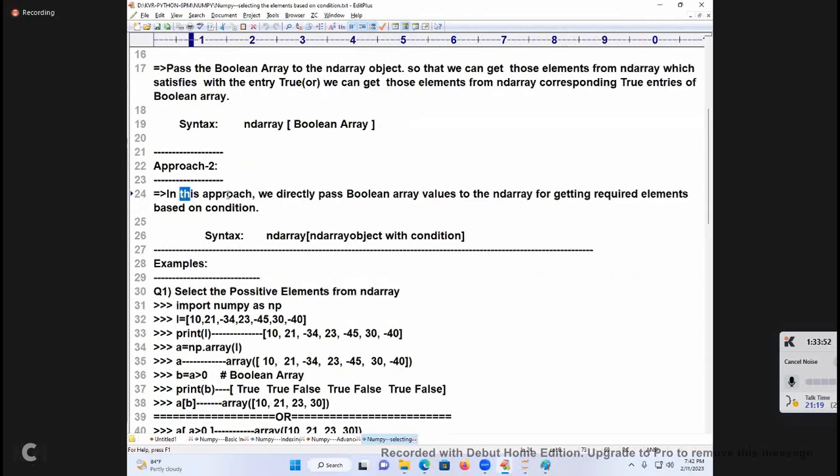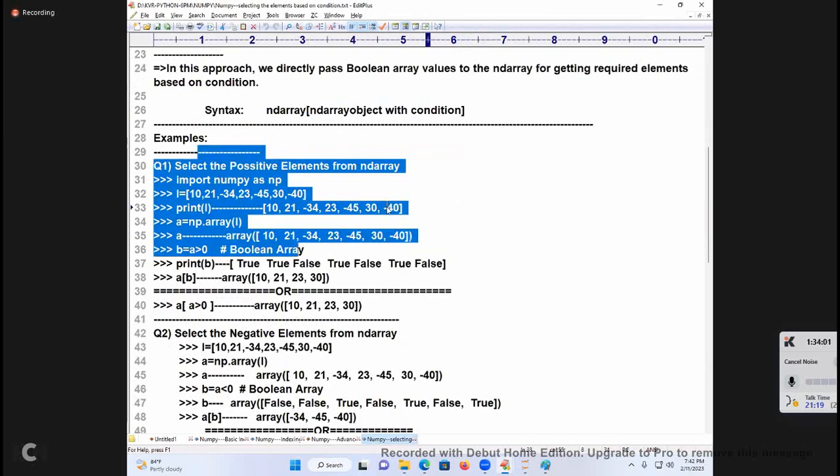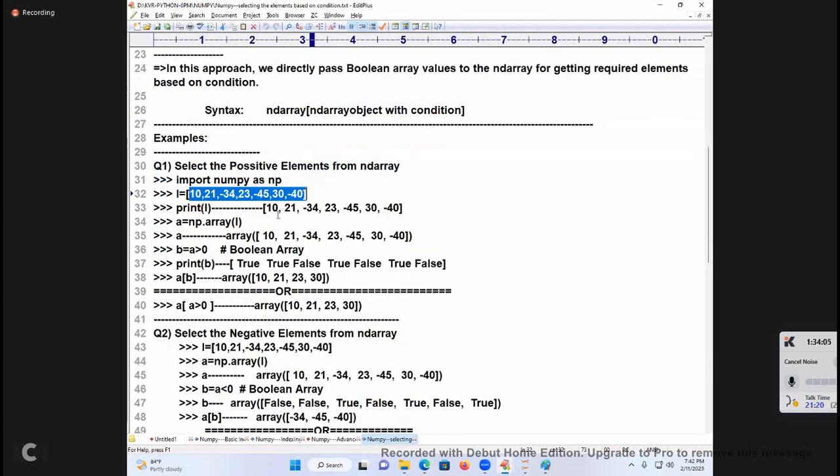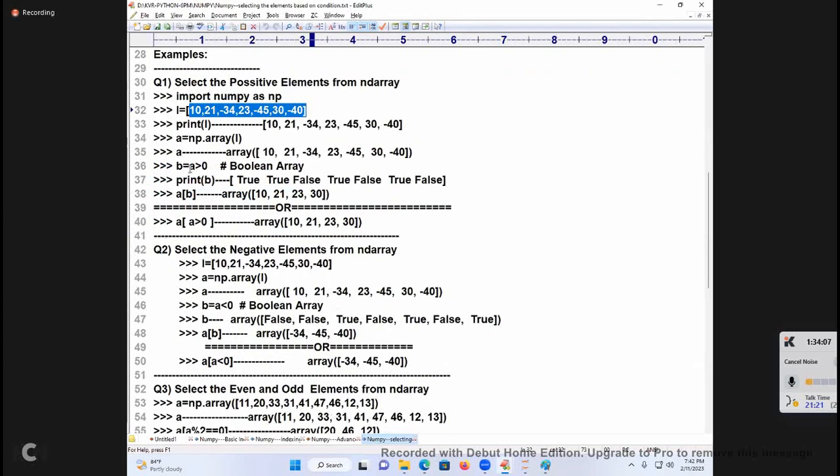Approach 2: directly you pass the ND array object with the condition. Selecting some positive elements, negative elements are there. Selecting only positive elements, greater than 0. The positive elements condition is what? Greater than 0. Directly you pass it: A of A greater than 0, positive elements.